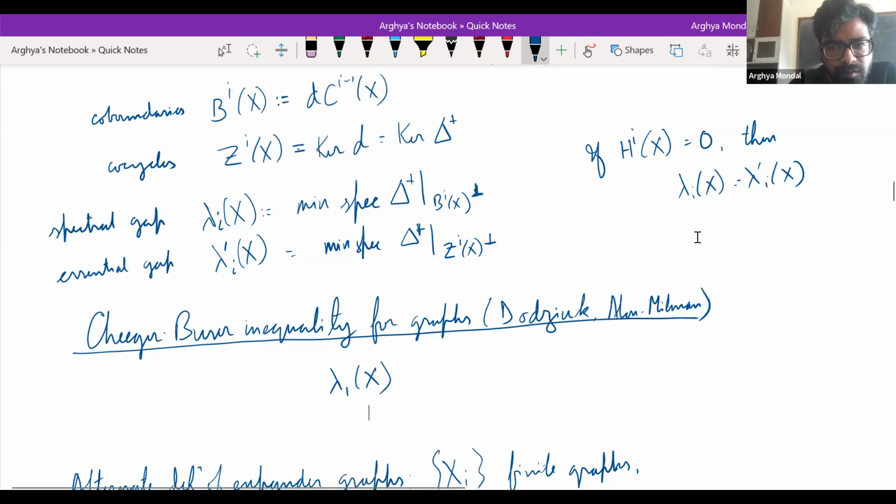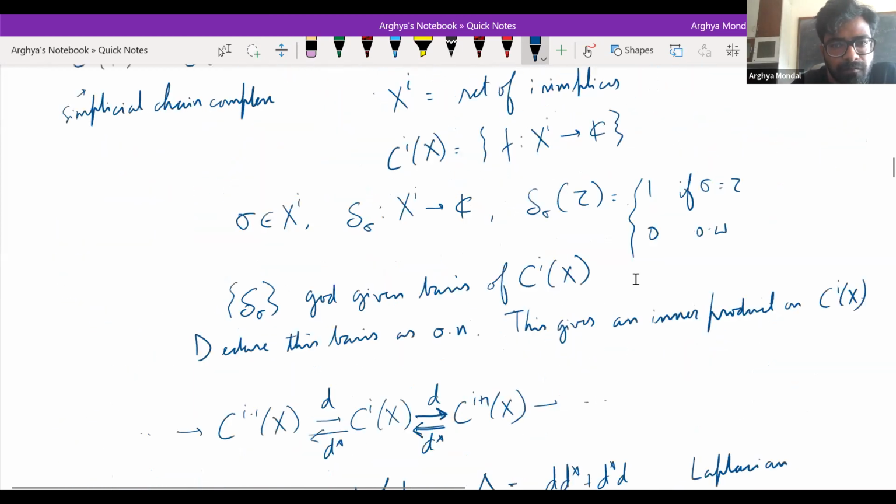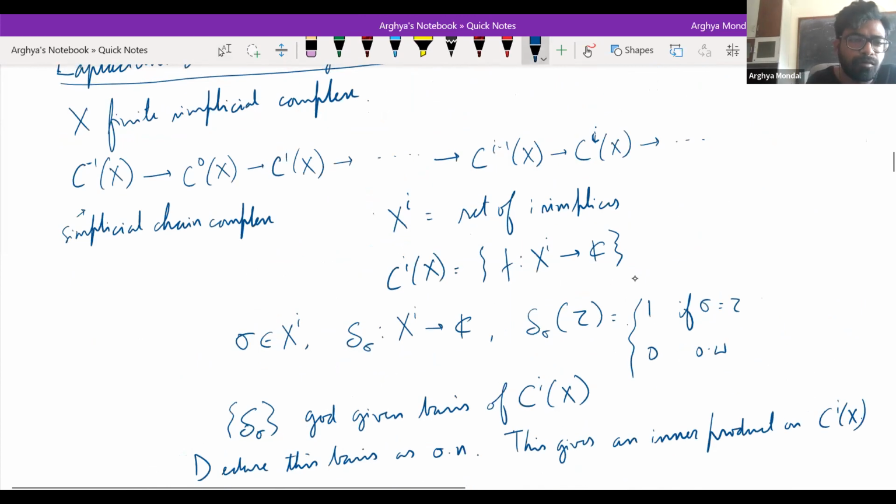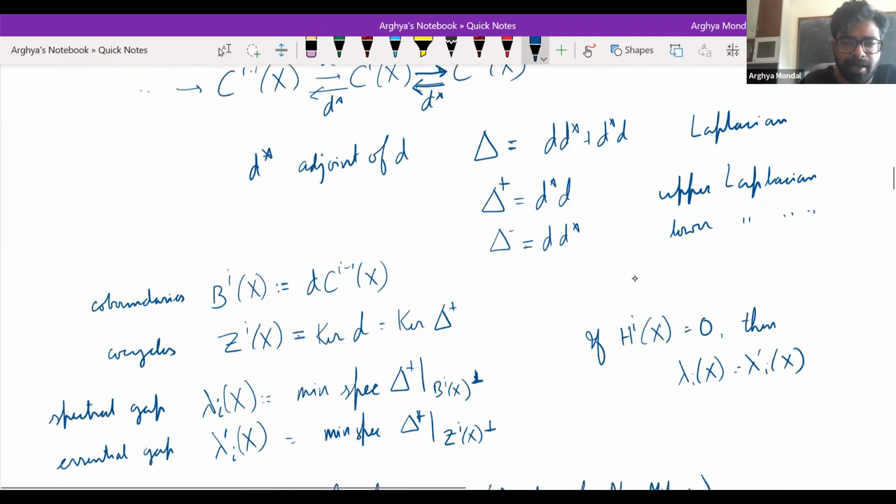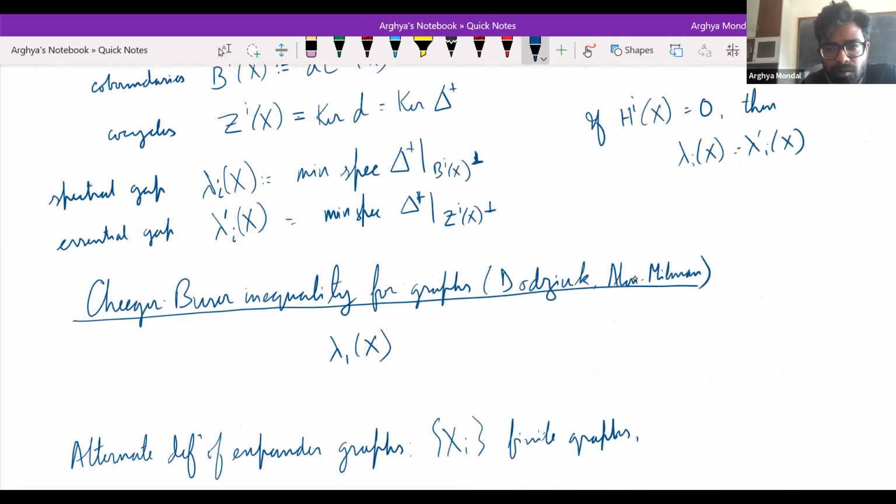I just would like to point out that the way I frame this, I would also like to consider not just the simplicial chain complex, but the augmented simplicial chain complex, so that this makes sense. Anyway, in case of graphs, you just have this is the chain complex and the augmentation C minus 1. And so you look at D and D star, and then that is the Laplacian.